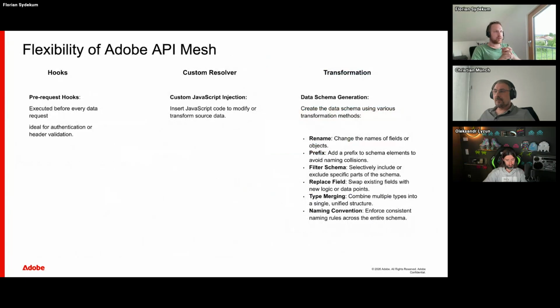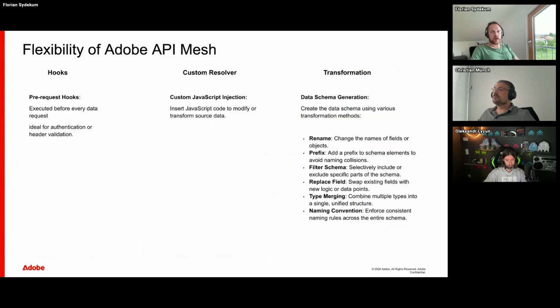Some more detailed functionality of API Mesh would be, for example, hooks, where you are able to execute any hooks before or after some request. This is ideal for authentication, for example, or if you need to validate any request data. You can inject your own JavaScript where you can modify or transform the data itself.